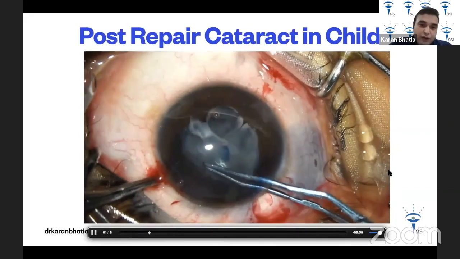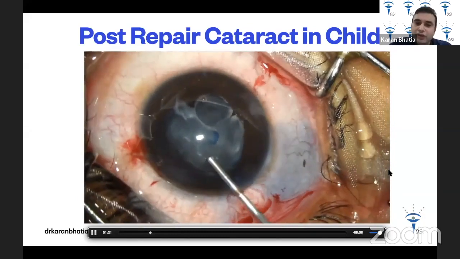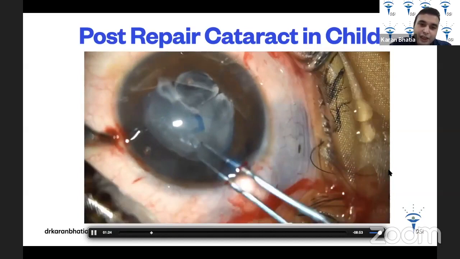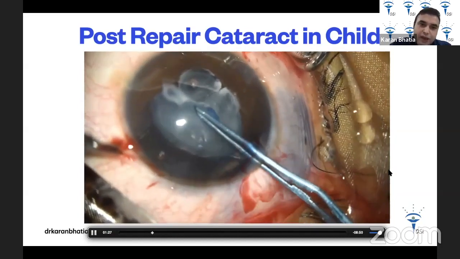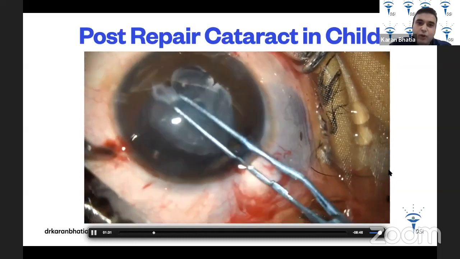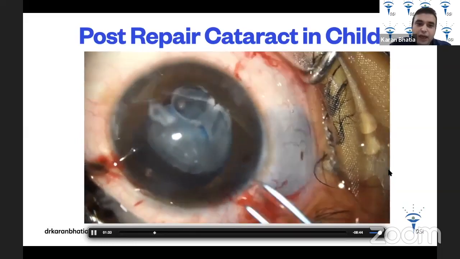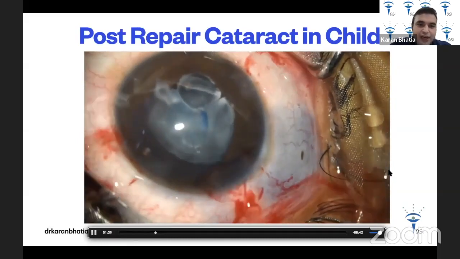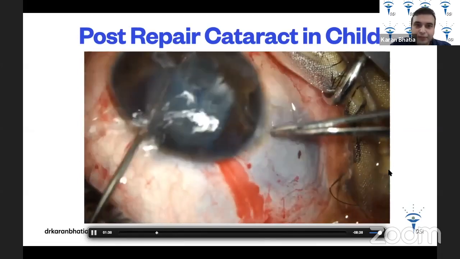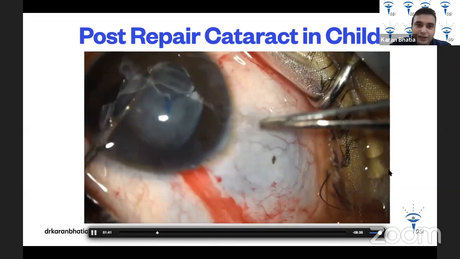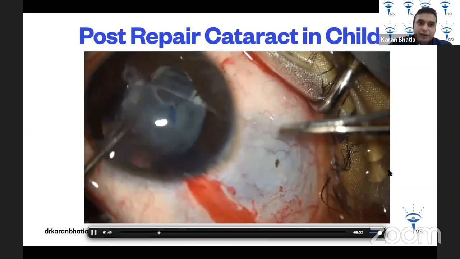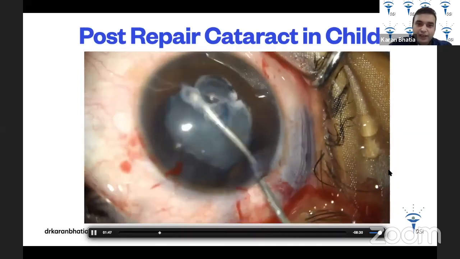So see, I'm trying to do the rhexis. It's a very, very slow maneuver that you do over here. Again and again, injecting visco inside the anterior chamber and getting this done. So this part is fibrotic and it's not coming out. So then I'm going to inject some more OVD inside, and then I'm going to go with my micro scissors and cut this. Then this loose thing is brought out of the eye.